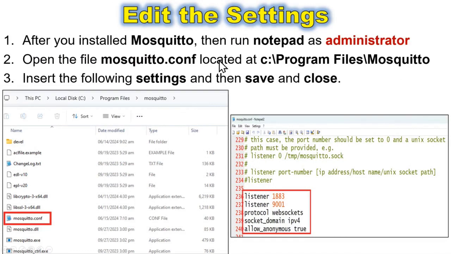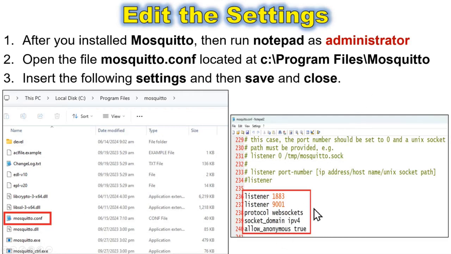After you install the Mosquitto MQTT broker, run Notepad or any text editor as an administrator. Open the file mosquitto.conf, which is located at the directory where Mosquitto was installed, for example, at Drive C, Program Files, folder Mosquitto.